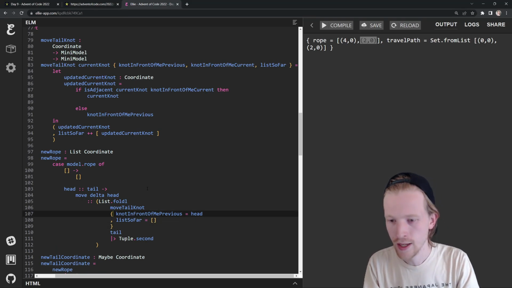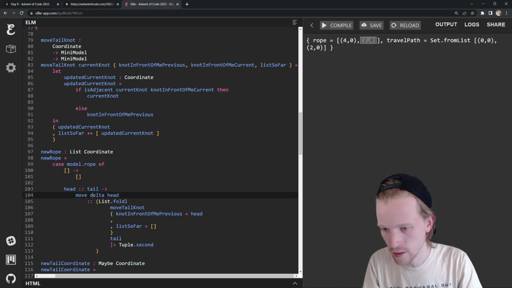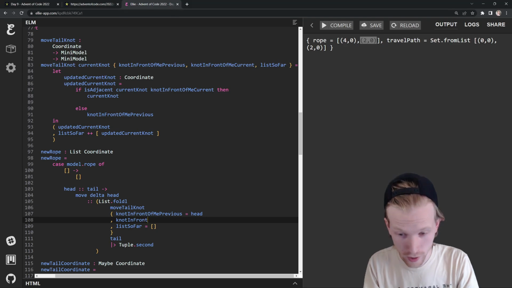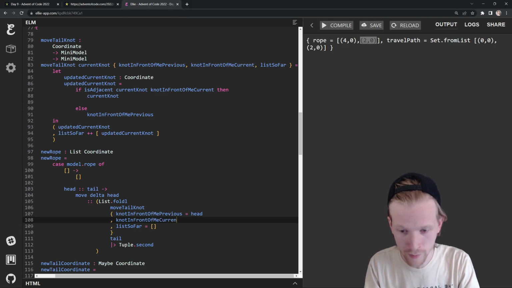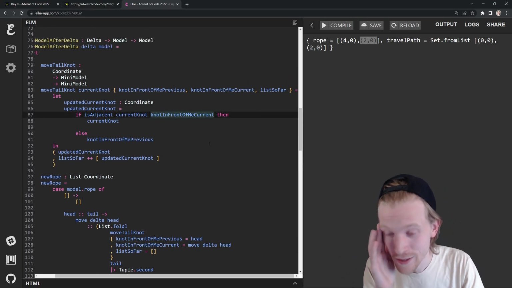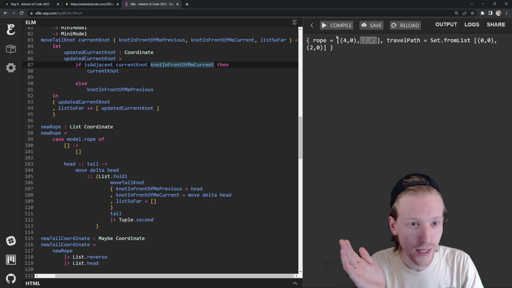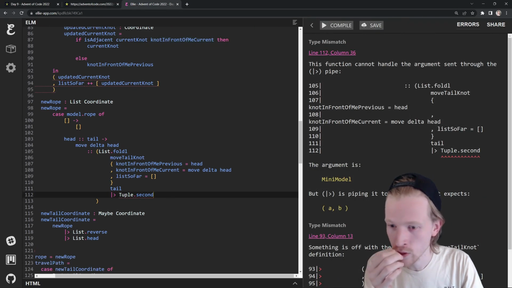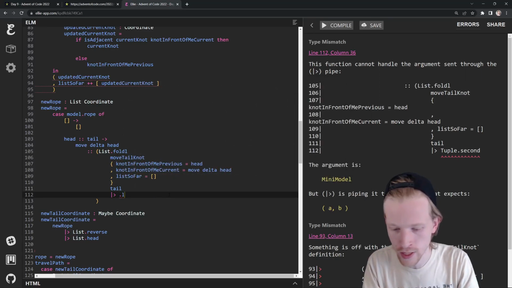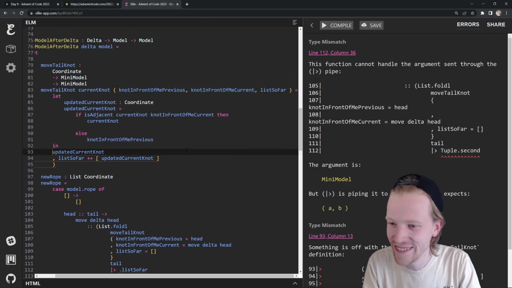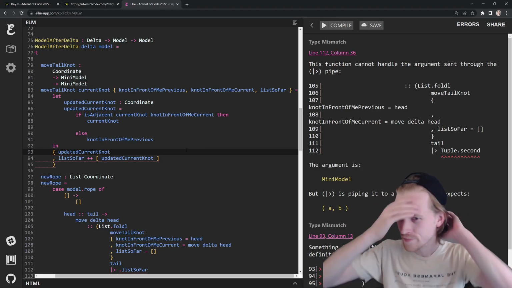is this, and then finally the knot in front of me, the current position of the knot in front of me is after it's moved, because that's what I need to compare against. Hopefully, this will give us 0, 1, 2, 3. Oh, and then tuple second. So instead of tuple second now, I do dot list so far. Okay, and then all we're gonna do is we are gonna say